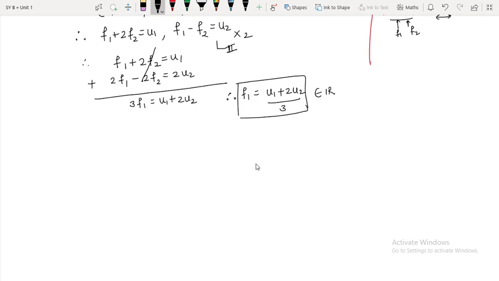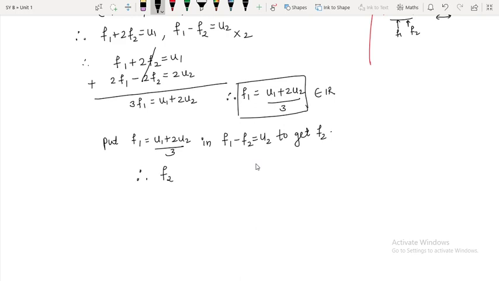So I will say put, or instead of saying 2, I will directly say put f1 is equal to u1 plus 2u2 upon 3 in f1 minus f2 is equal to u2 to get f2, right? So therefore